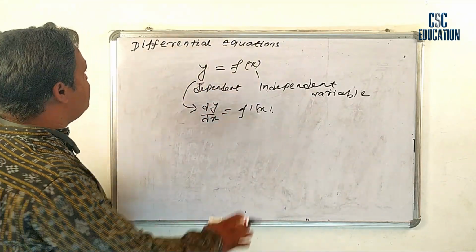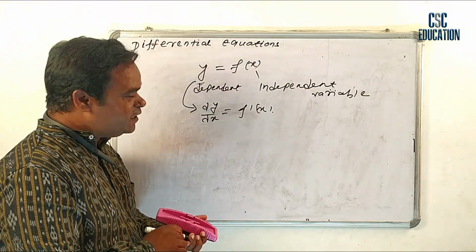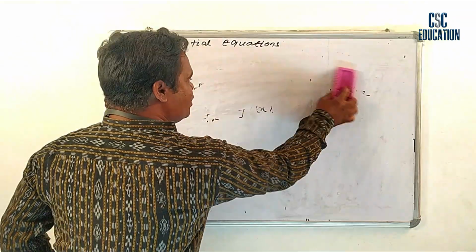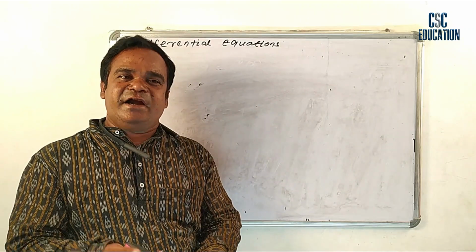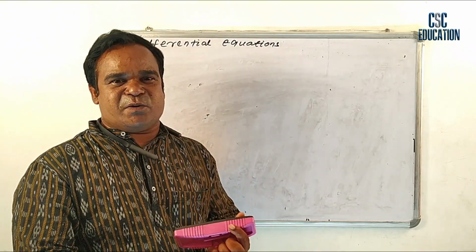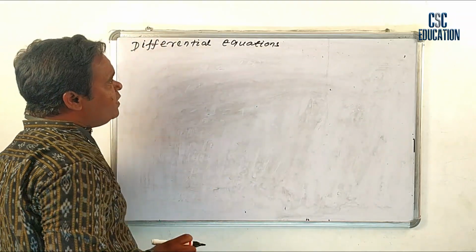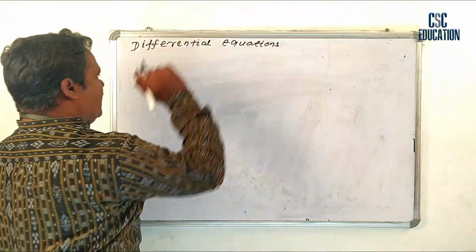But I have discussed the topic differential equation. What is differential equations? Okay. And firstly we know what is an equation. An equation which involves variables and equals some constant factor. Okay. So I have discussed the differential equations. Differential equation means an equation